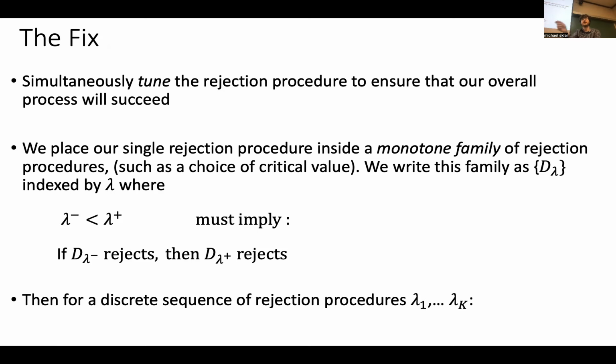This could be, for example, if you're using a z-test, the critical threshold you use. What we need about this is just that if you shift along this family, you are monotonically increasing or decreasing the rejection set. And the claim I make is that if we have a discrete sequence of these different procedures, from smallest to largest rejection set,